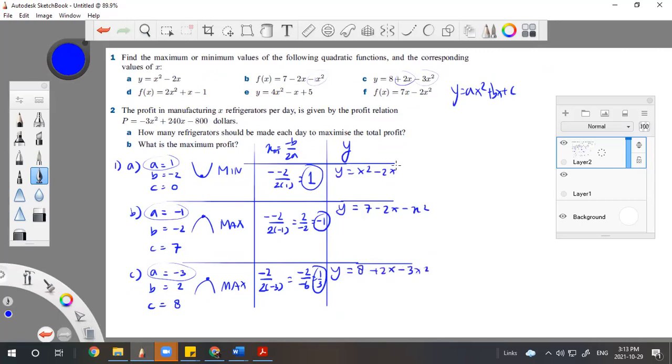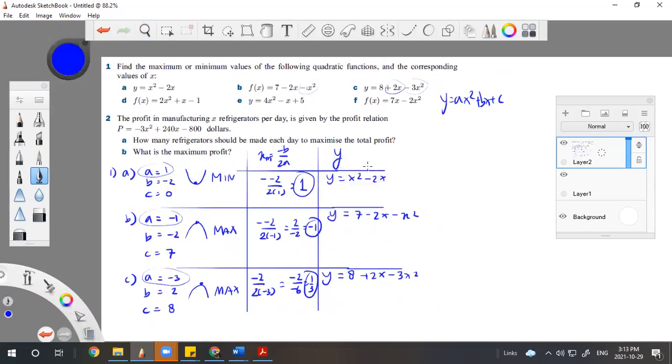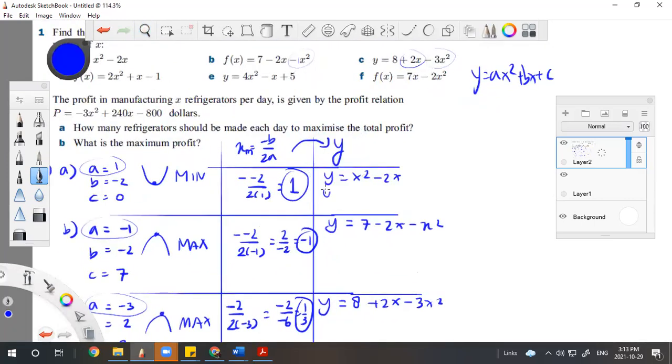Here, x squared. So why I do this? Because we do 3 questions in one flow, one period like this. So you just put the xm to the y. That's the idea. So the ym will be provided when you substitute xm to the x. So 1 squared minus 2 times 1,